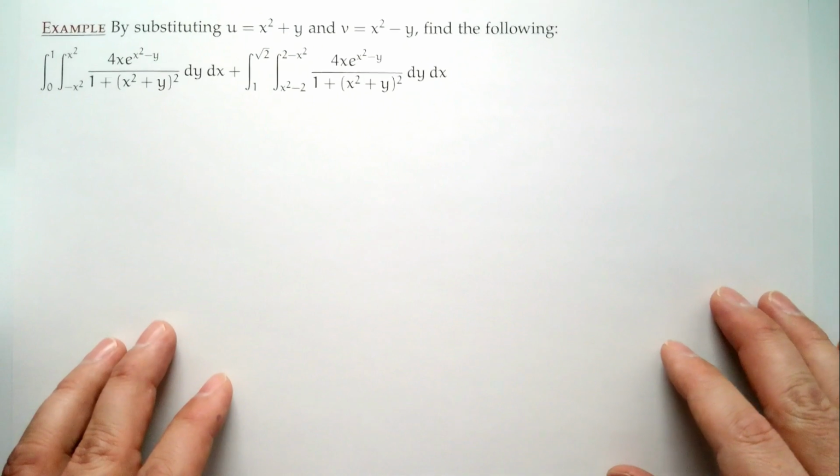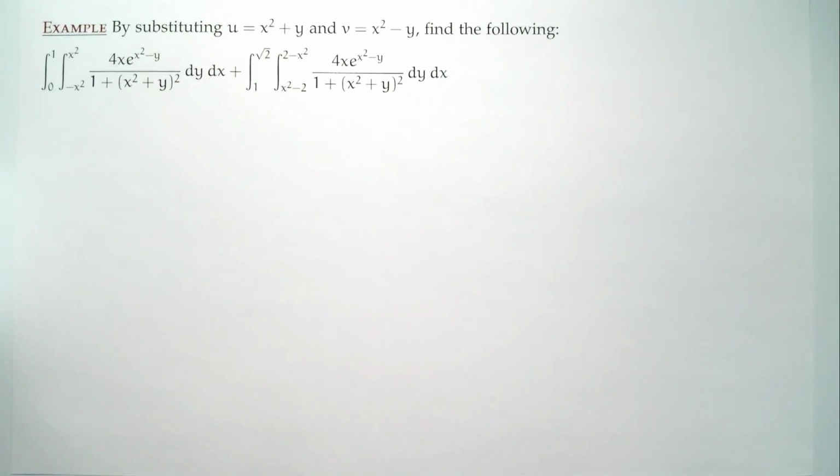So, by substituting u equals x^2 + y and v equals x^2 - y, find the following. So we're taking the integral from 0 to 1, integral from negative x^2 to x^2 of a crazy expression, dy dx, plus another crazy integral from 1 to root 2 of really, well, okay, we're doing stuff. We're definitely doing stuff here. Okay. Well,